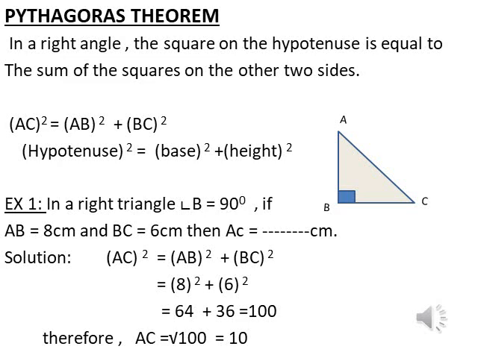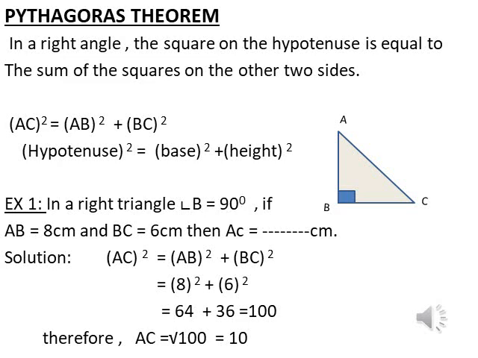Now, what we'll do here: we know this is a right triangle, angle B is 90. So we'll write directly hypotenuse square, that is AC square equals AB square plus BC square. Now we'll substitute the value of AB as 8 centimeters and BC as 6, then get the squares. What is 8 square? It is 64. What is 6 square? 36. Now add both. We will get an answer of 100.